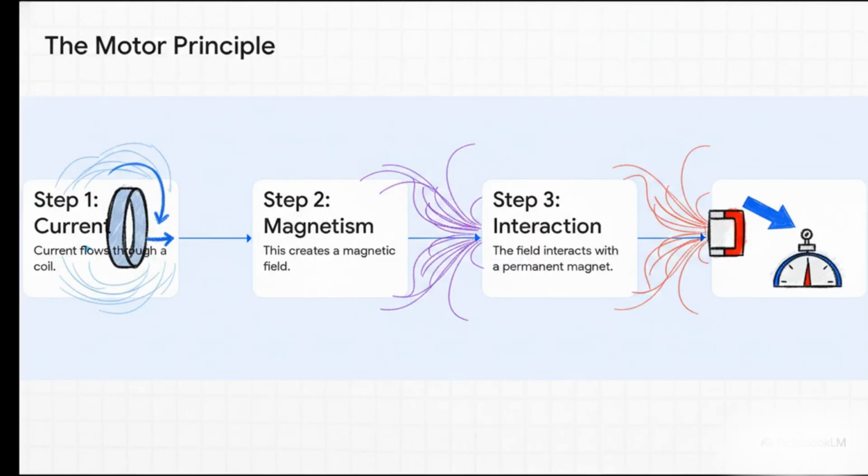So, how does it work? It is absolutely brilliant. It's all based on something called the motor principle. You pass a current through a coil of wire, right? That creates a tiny invisible magnetic field. That new field then pushes against the field of a nearby magnet. And that physical force is what actually moves a needle. Just like that, an invisible current makes a needle twitch.